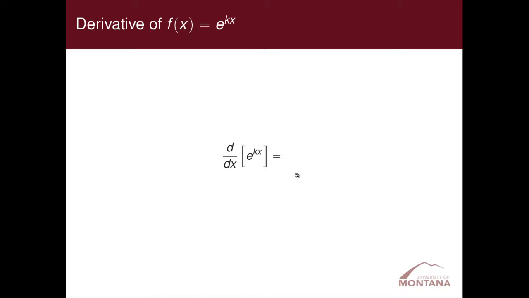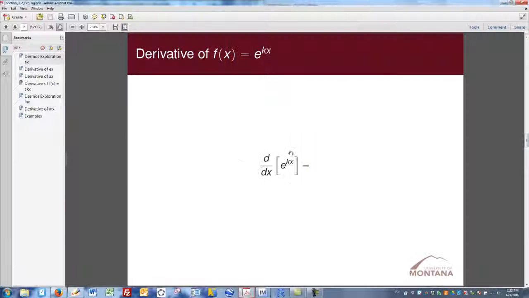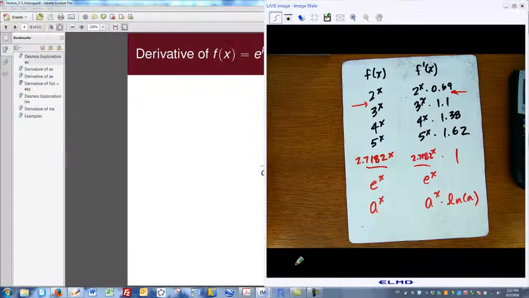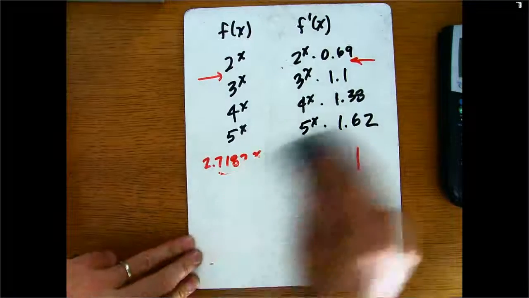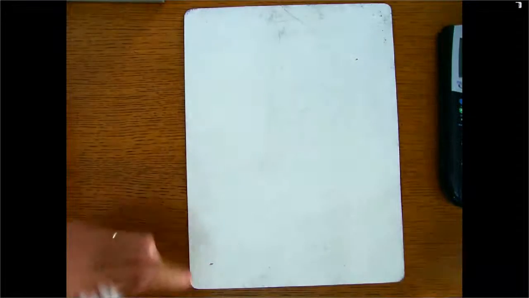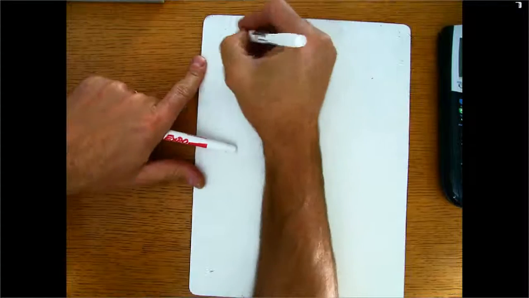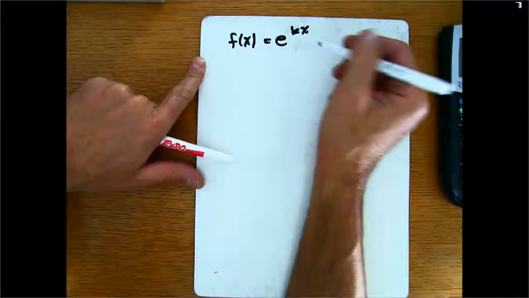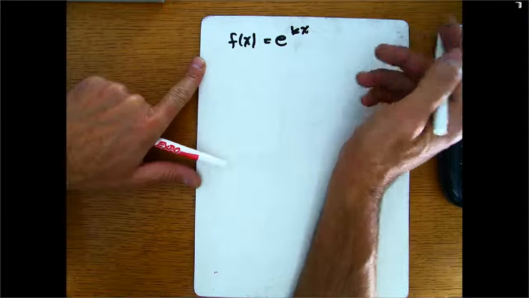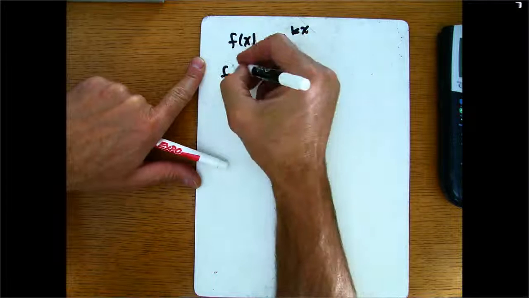It turns out that you can now apply this to another setting. You can take a look at what happens when you have e to the kx. So let's take a look at that. So if I have something of the form e to the kx, how can I deal with it? This, by the way, is a real common form of the exponential function used in science. So let's think about,